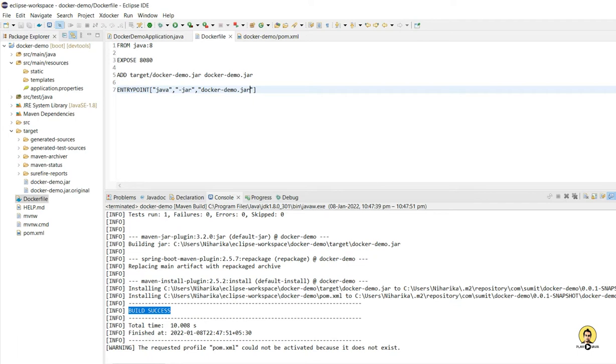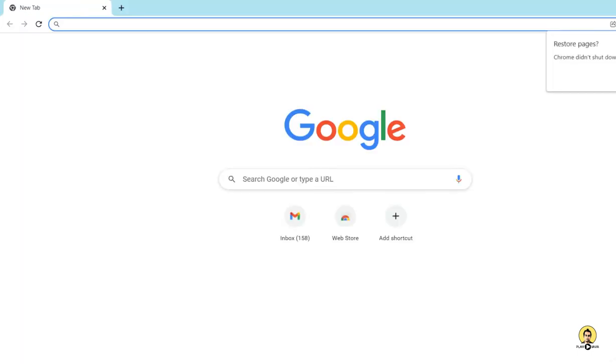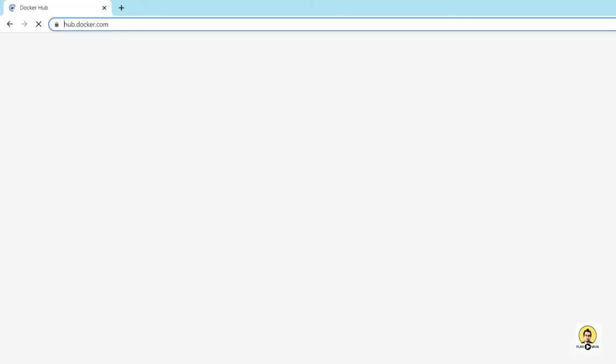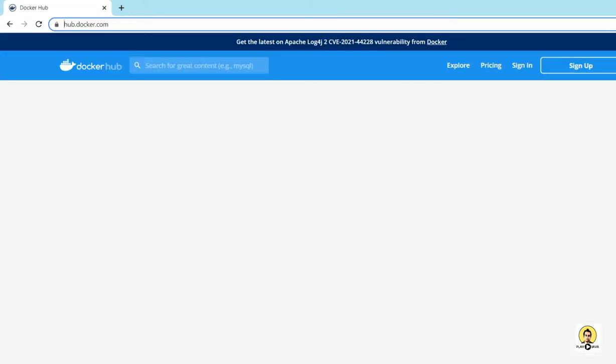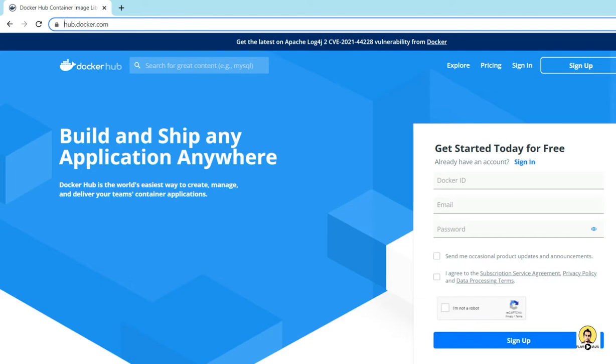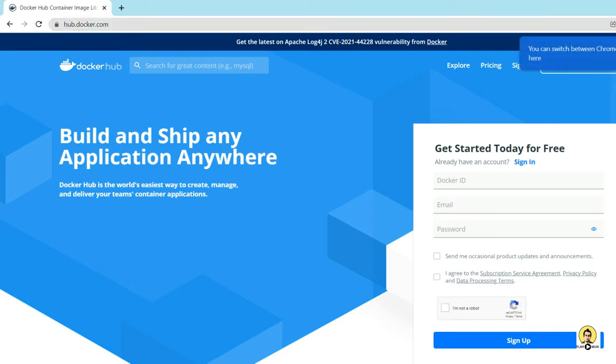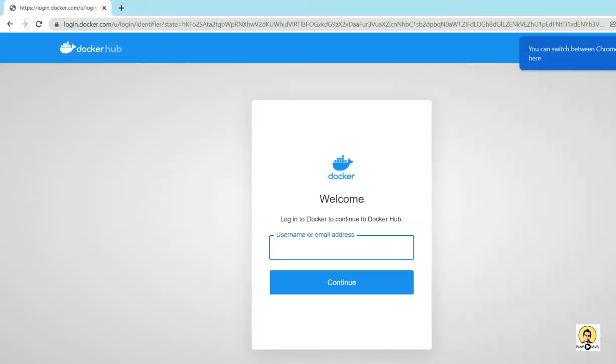Through this, we can do the push and pull operation. That is pushing the project to Docker and getting it from Docker. You can understand it's a kind of Git only. It's just that in Git we push the code, but in Docker we push the whole application. You don't need to bother about building on the local system. Just download the application and run it.